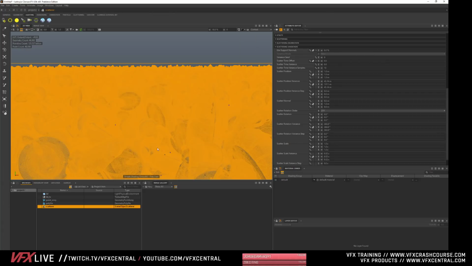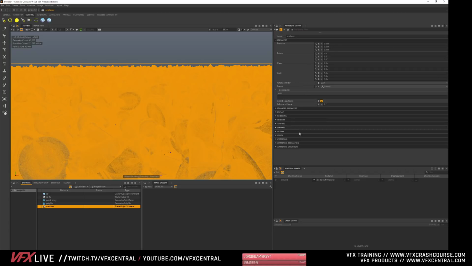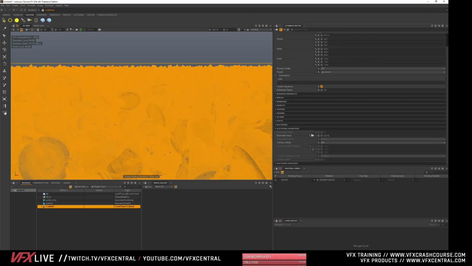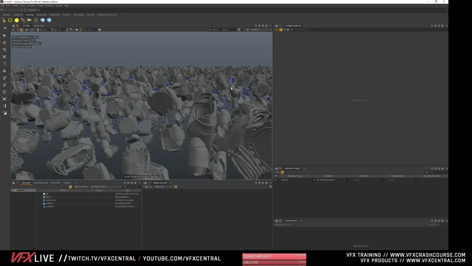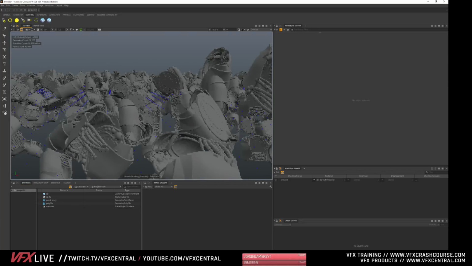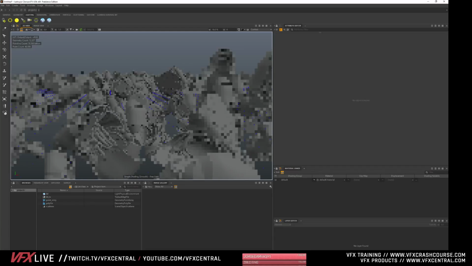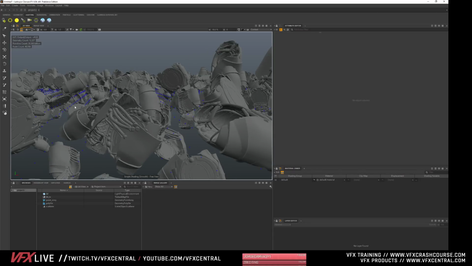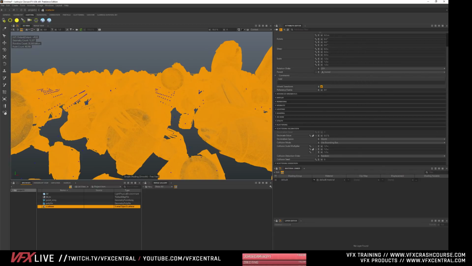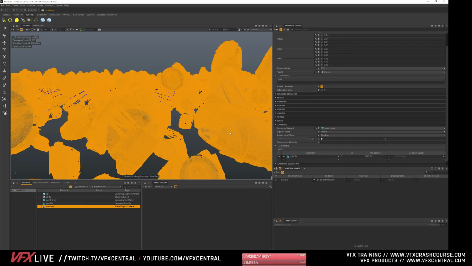Something else cool that I really like about the scattering stuff in here is the decimation. You can turn on collision mode, so use bounding boxes. What this is going to do is, so that these things don't intersect with one another, it'll basically decimate or delete any of these that are intersecting with one another that easily. Sometimes you don't want polygons intersecting. This is a great way to do it, and you can mess with the bounding box or the size of where they will collide. That's really helpful as well when you're doing this kind of stuff.